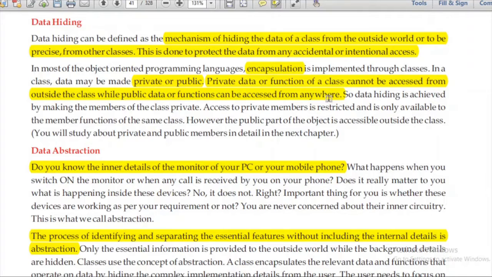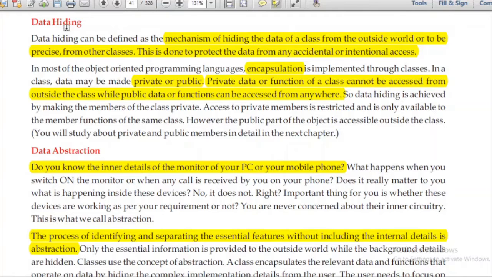As we discussed in the previous tutorial, the data members inside a class can only be accessed by the member functions of the same entity, right?